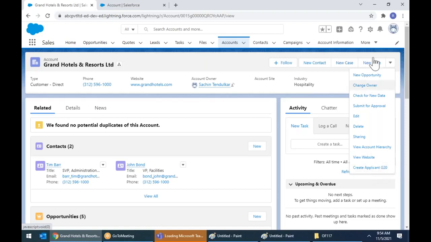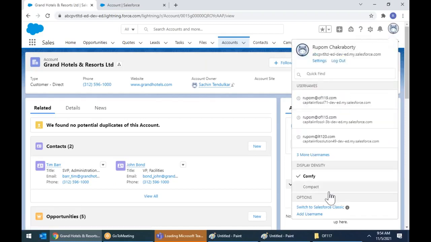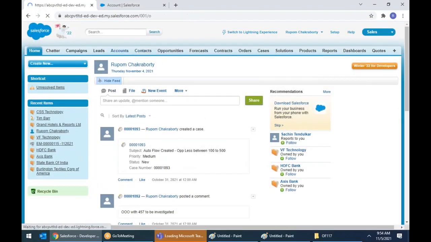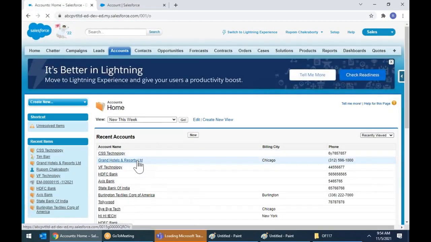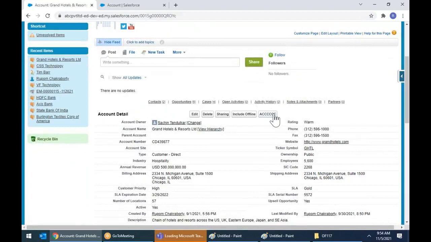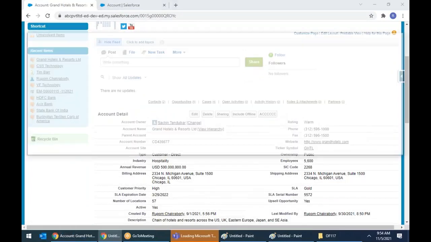It will come. Because this is a classic development, let's switch to classic. It will come fast there. I go to the account. I open the same account. Look, Grand Hotel and Resort. Can you see ACCCC? When I click on it,